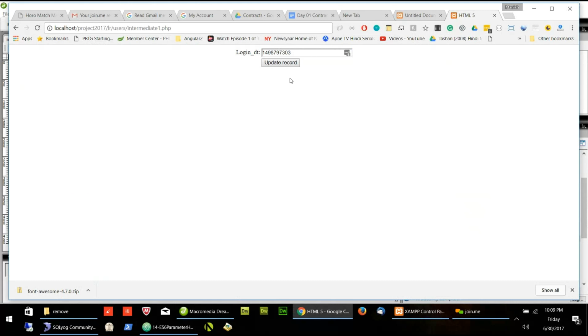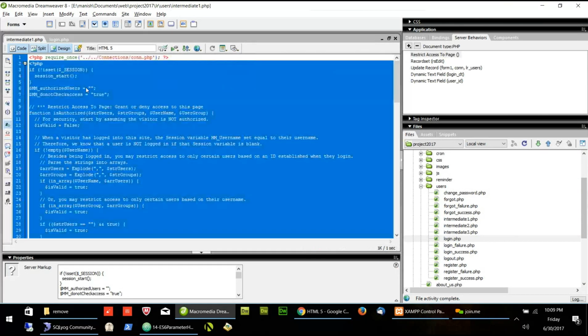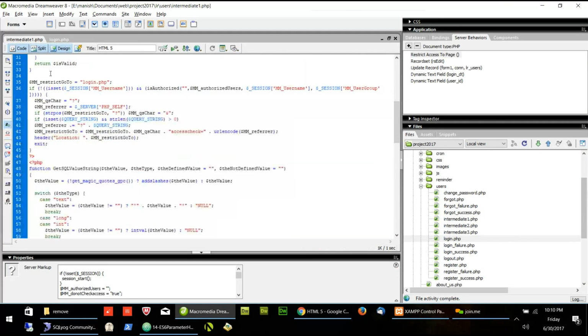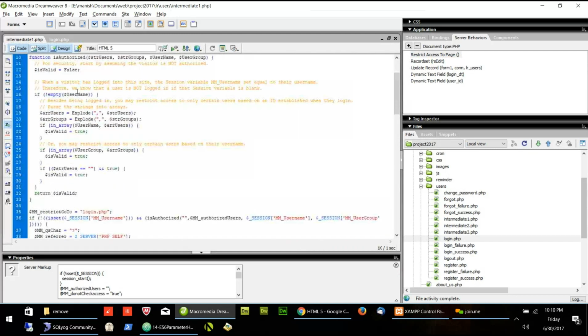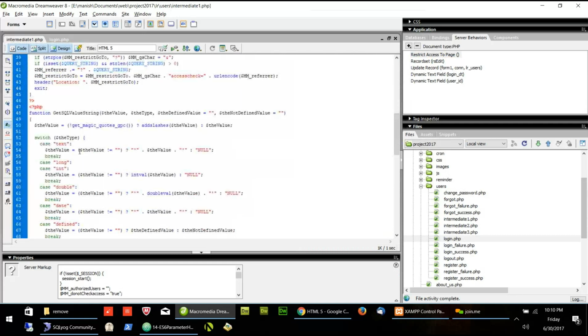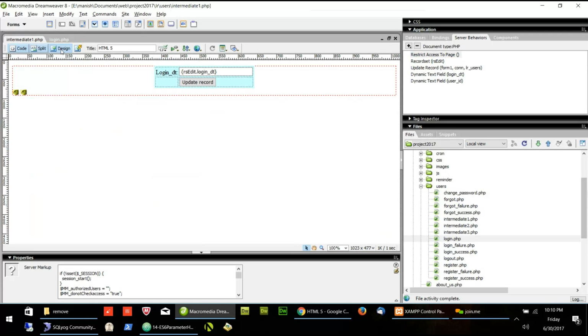No, no, no. We have to write a code which automatically updates the login date. We don't give the button to the user to update. This button is created only to create this PHP code. I created this form only because I want Dreamweaver to create the PHP code, because I don't know how to update. For now, assume that I don't know the coding in PHP. So I want Dreamweaver to create this PHP code to update it.